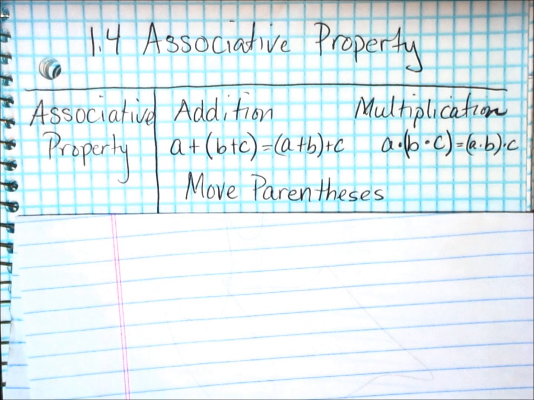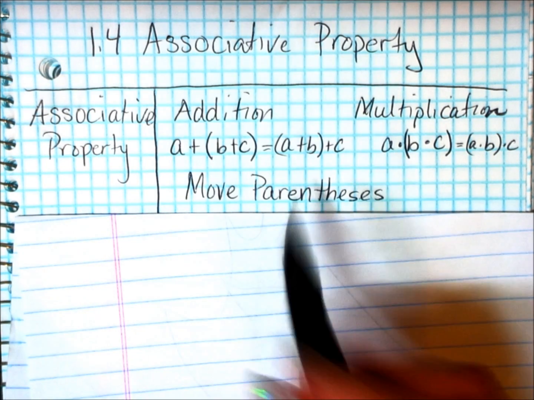All right, so we're looking at 1.4, the associative property. Just like with the commutative property, addition and multiplication are the things we're talking about. You can do associative only with addition and multiplication. With commutative, we moved around the numbers, or the letters, the variables, but here we're actually going